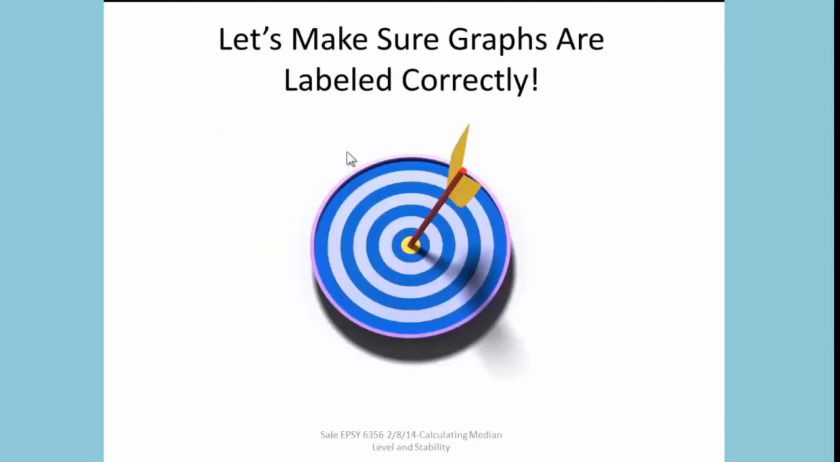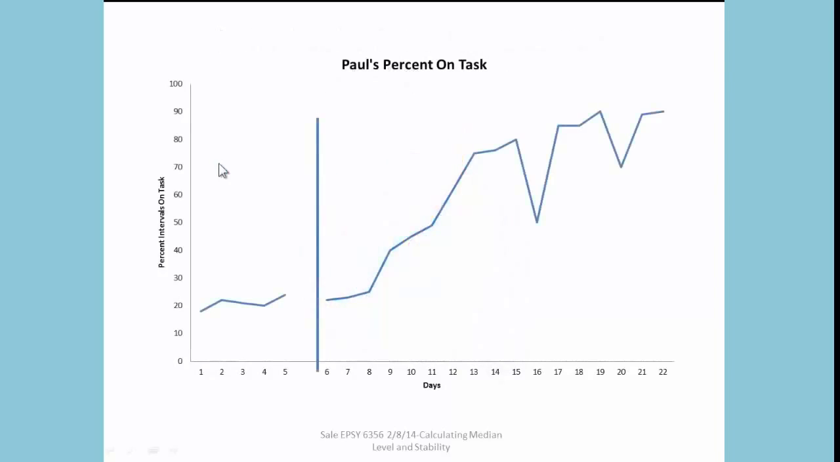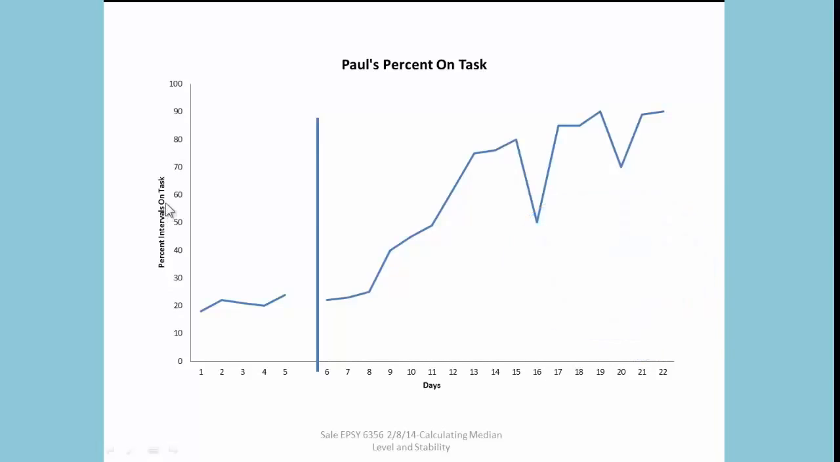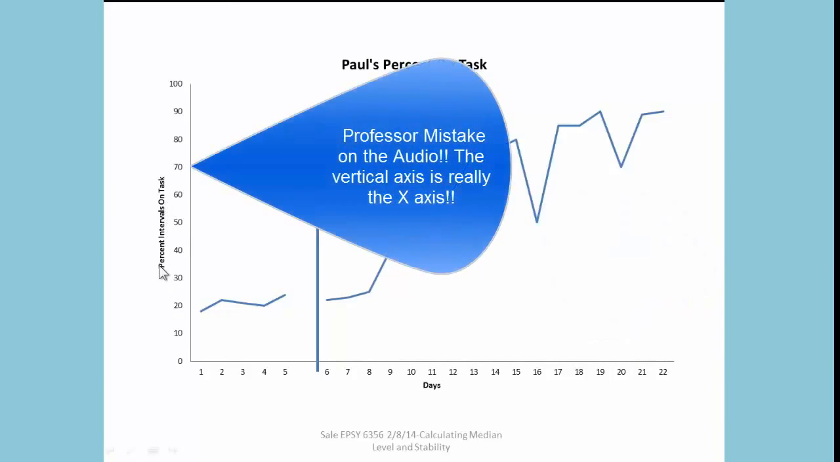Now we're going to talk about the graphs. Just as a refresher, we want to make sure that your graphs are all labeled correctly. Here's the basic graph. You'll see that it has a title, which is Paul's percent on task. You'll see that it has the x-axis labeled in time. In this case, it's days. And here it's percent of intervals on task. Right here, this is the y-axis, the vertical axis. It's missing some parts